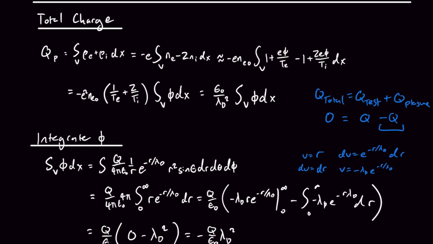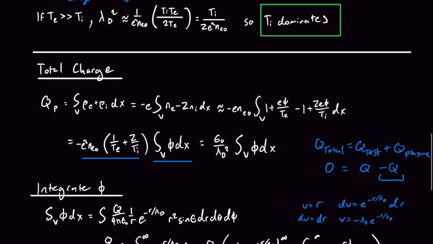So we're trying to show that the plasma charge is negative Q. To find the plasma charge, we just want to integrate this over all of space. Again, like what we did before, plug in all of our terms here, simplify, Taylor expand, since we know that we could do it, and then take out the terms, and then we're going to be left over here with, as you could see from the top, 1 over the Debye length squared times epsilon. So let's just call it that. We're going to be left to solve this integral here. So integrate the